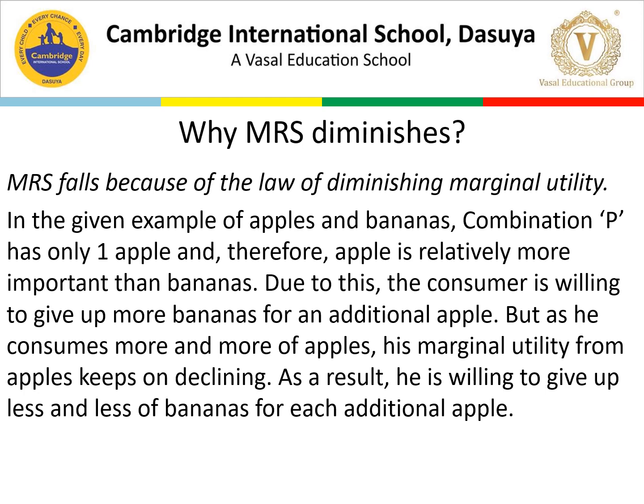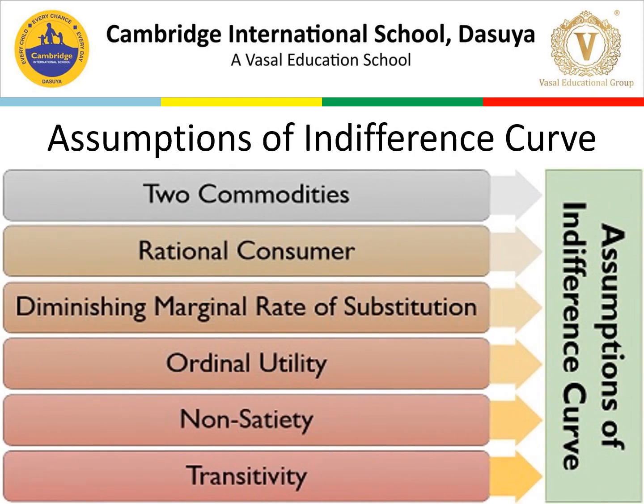So let's move on to the next topic. Next, when we are making any of the indifference curves, there are certain things we need to assume and keep in our mind before preparing any indifference curve. The first thing is we need two commodities. It is assumed that the consumer has a fixed amount of money, the whole of which is to be spent on the two goods, given constant prices for both the goods. So the prices of both the goods are always constant. We mention this as the first assumption for the indifference curve.